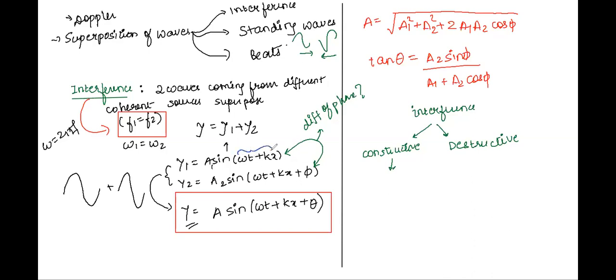Because this one wave has phase omega t plus kx, and the next one has omega t plus kx plus phi. Therefore, we have phase difference equal to phi in this case. Is it clear to you, Atul? When I say phase difference, I mean the phase of one, let's say theta one, and phase of two, let's say theta two, and the difference between them gives me the phase difference. Are we clear with this, Atul? Yes, sir.